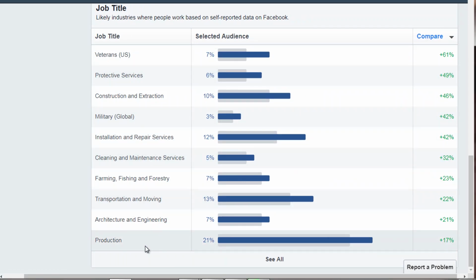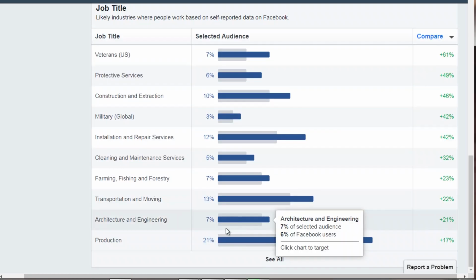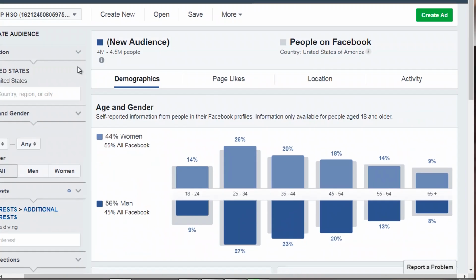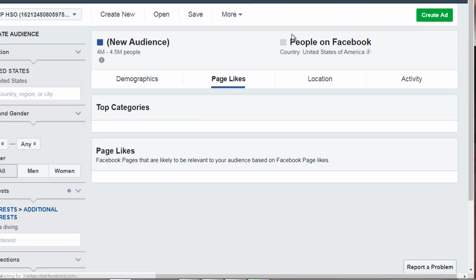Now we can see that production has the most. So it has 21%, and then it's got transport and moving 13%. So what this means is the people who are interested in scuba diving that are in this specific interest have this particular job title. Now, if we scroll up, we can click on page likes,